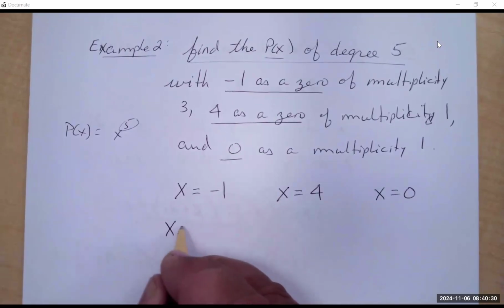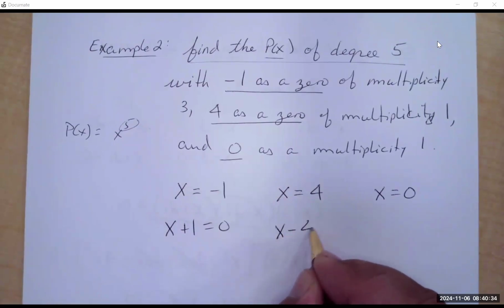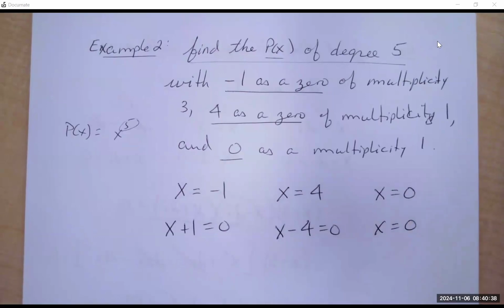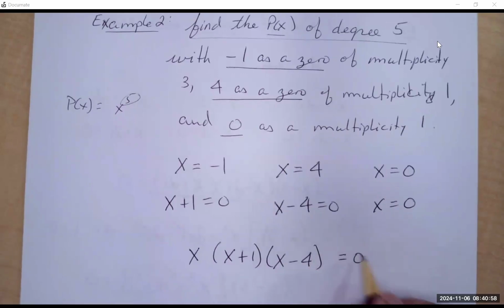So x plus 1 is equal to 0. x minus 4 is equal to 0. And x equals 0. Multiply all these together. So we have x times x plus 1, x minus 4,